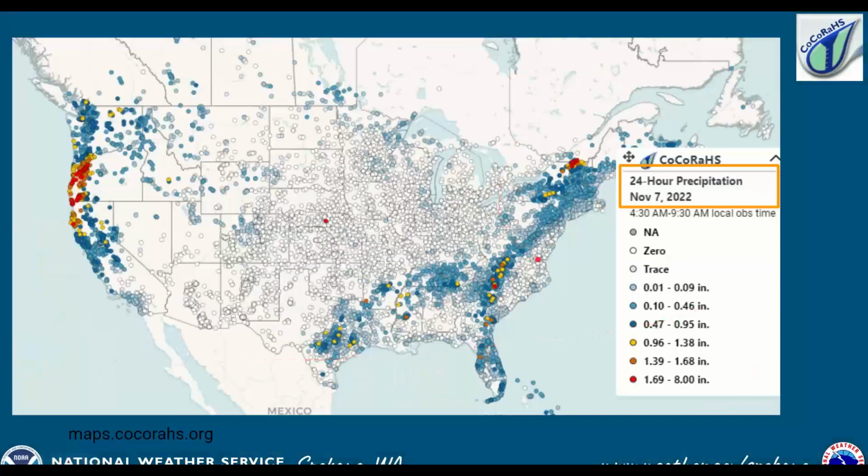So here is a precipitation map that was taken, this is November 7th. So this is when we had our big round of precipitation just a week ago. So this was liquid precipitation, and we can see all these reports that were in Western Oregon and Northern California and even parts of Western Washington as well, where we were seeing well over an inch and multiple inches of precipitation.